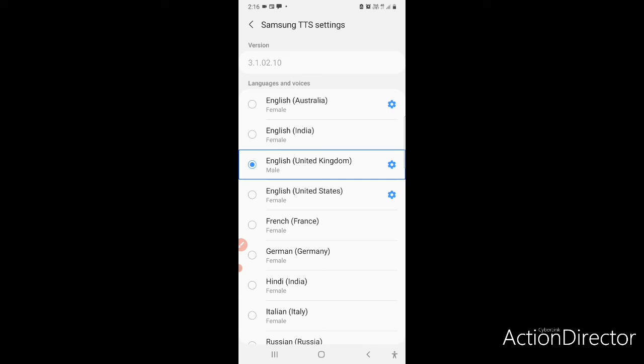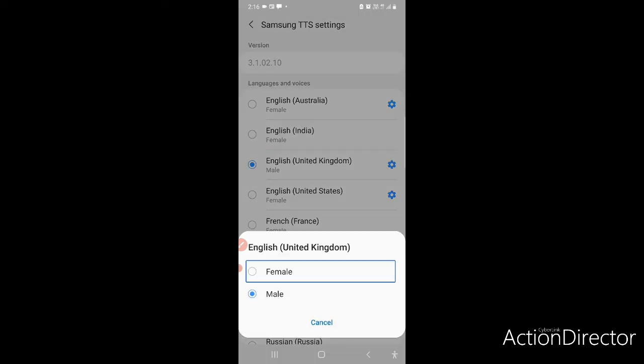So here it is saying English United Kingdom male. Previously it said English Australia female. So that is where it is telling you that if you click on that, the female is going to speak. But if you click on settings, you can change it to male. So see over here, I will show you. Settings. Button. English United Kingdom. Female. In list. So I have kept it to male. If I click on female, English United Kingdom's female will start speaking. See. English United. Female. In list.